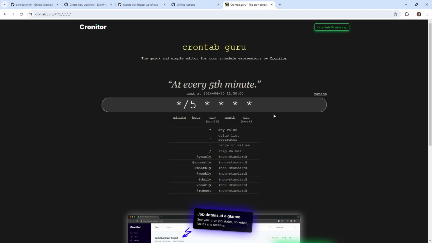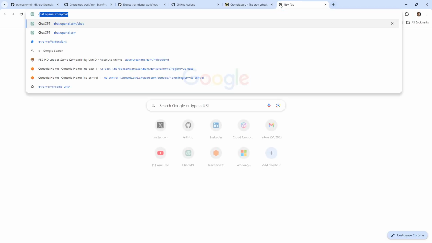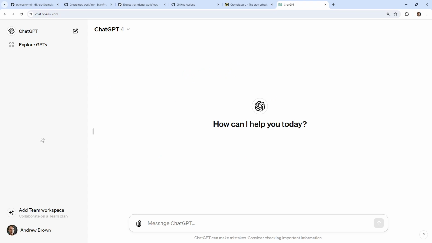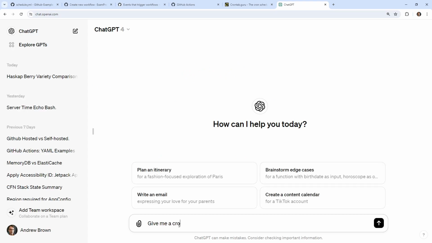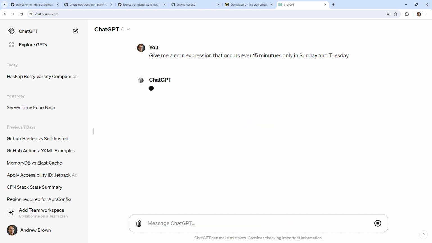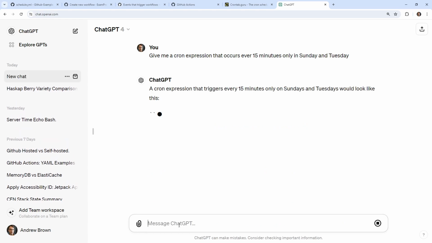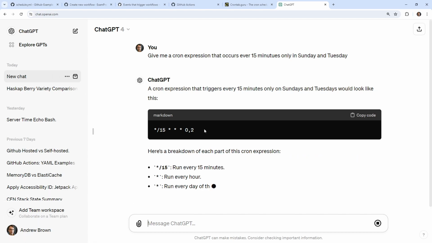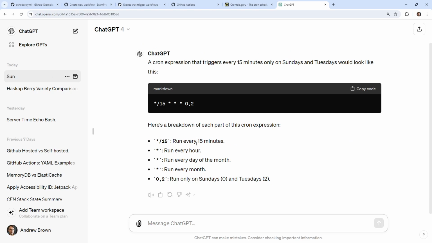How do I know? Well, I don't really know this too well, but you can always just go over to ChatGPT or whatever tool you want and say, give me a cron expression that occurs every 50 minutes, only on Sunday and Tuesday. And I wonder if it can make it for us. There you go. So my point is that you don't have to really memorize cron expressions, but there is logic